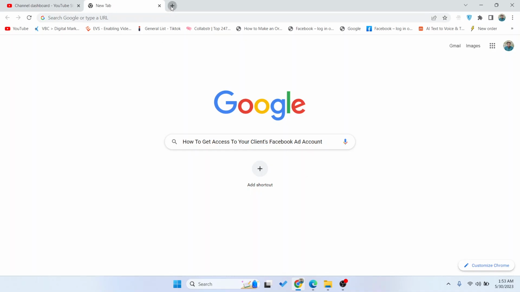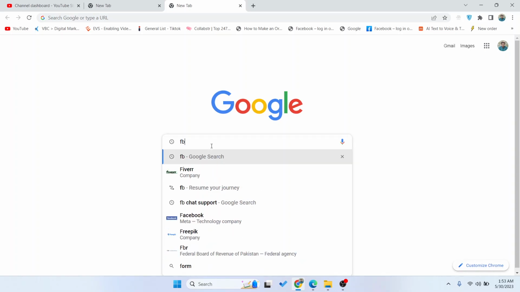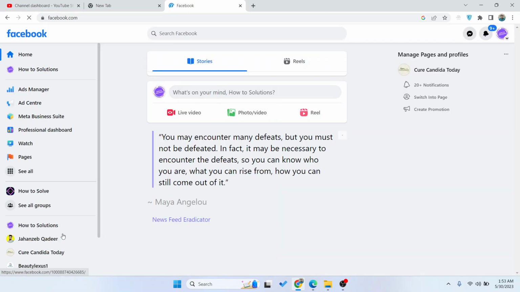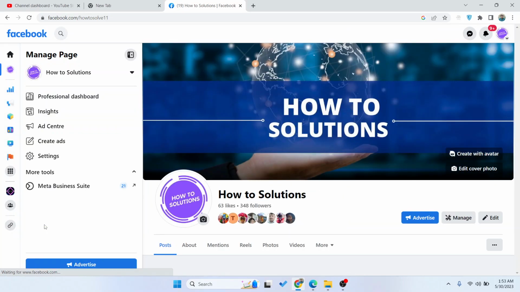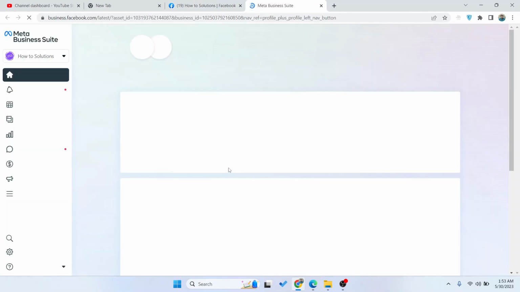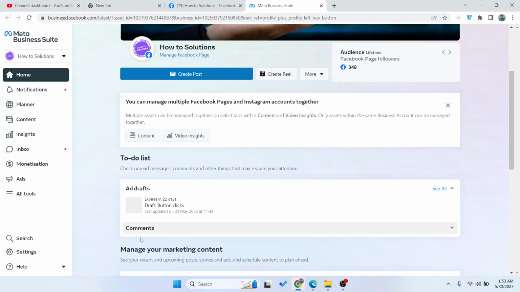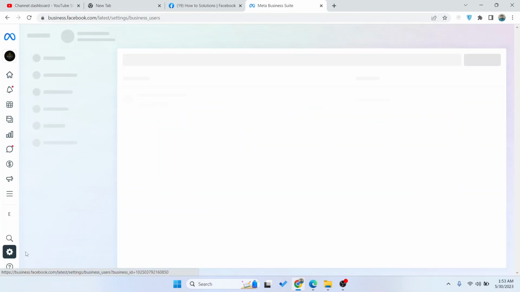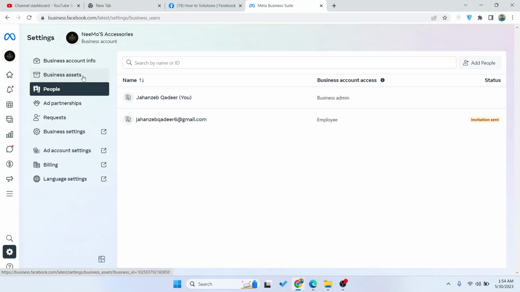So the first step you simply need to do is to open Facebook, and log in into your Facebook account, and then you need to select your page and go into the Meta Business Suite, and here you need to click on the settings. So here you need to click on business assets